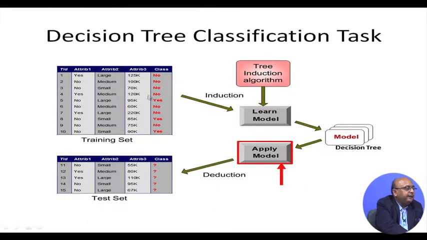So basically, based on this data that you have, you are going to use certain algorithm rules in the model, and then you are going to apply this model. It means that you are going to deduce certain things out of this data set. So you are using these attributes 1, 2, 3, for example, and based on that you develop a decision tree and then you deduce certain things out of it, that is the output. So here you have a learning model and here you apply it, and then based on that you have a model which is going to help you take a decision on what is to be done.